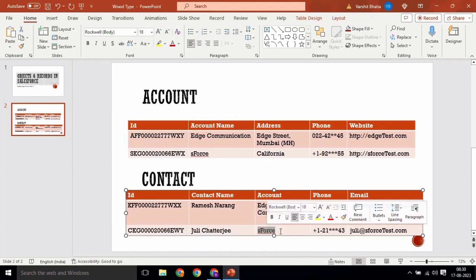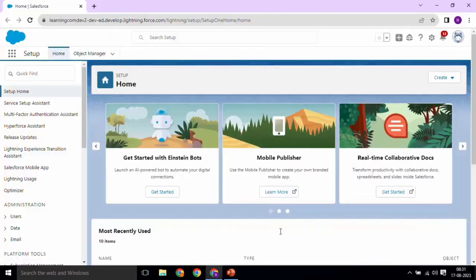Now, in real time, when you log into Salesforce in your developer account, how will you create an account? How will you create a contact? Or how will you associate with these SObjects? And how will you create records of these SObjects? So where to find them? You can go to Setup. Setup is the first screen that opens up when you log in. And